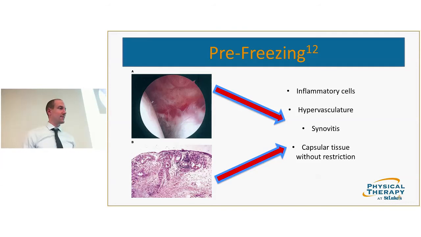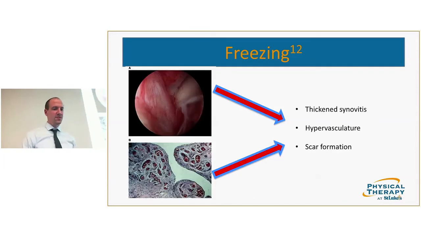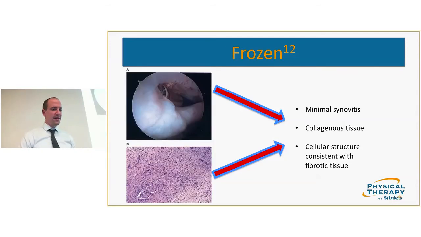do look at the capsule, you're not going to have any actual restriction. There's no tissue changes. It all looks the same, just very inflamed and irritated. If you move on to the freezing phase, they're still going to have that synovitis. They're still going to have the increase in the vasculature, and now you start to get the scar formation. So some of the tissue is now starting to look a little bit different. It's a little bit more of a collagenous viewpoint, and it's more of an adhesive tissue than it was in the previous phase. And then finally, in the frozen phase,